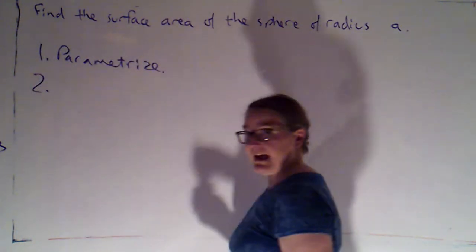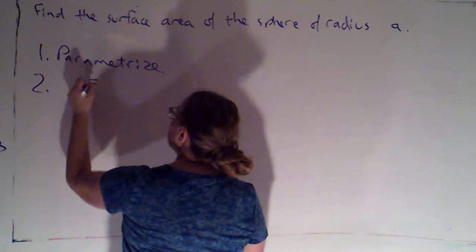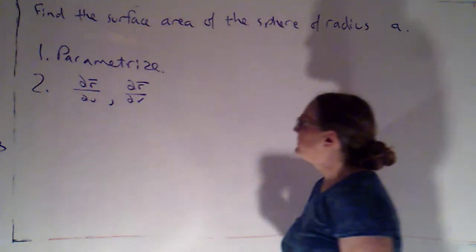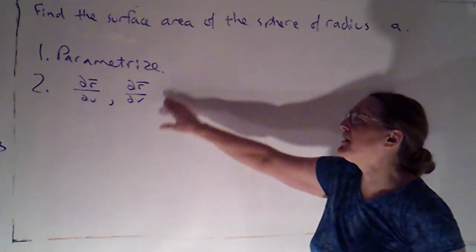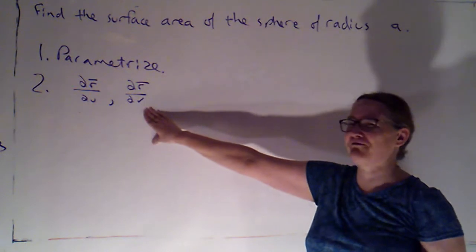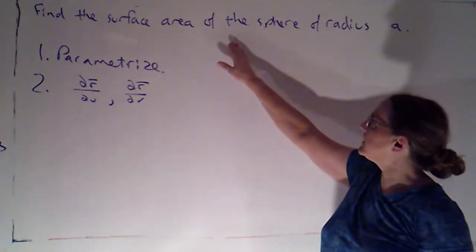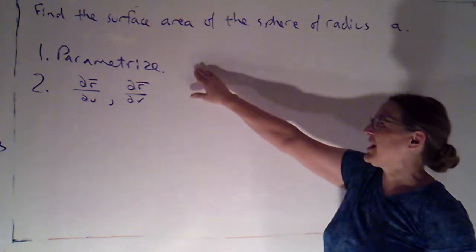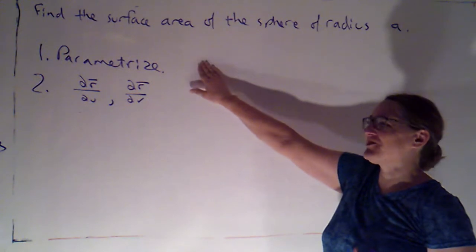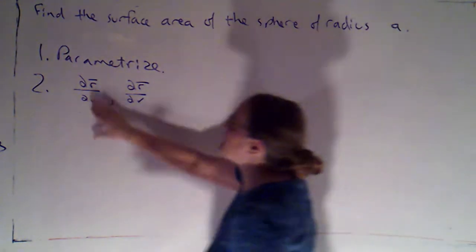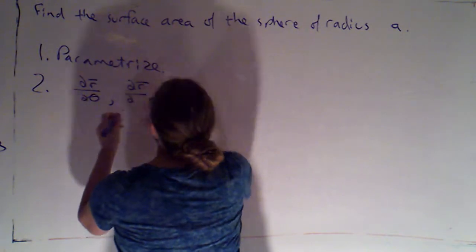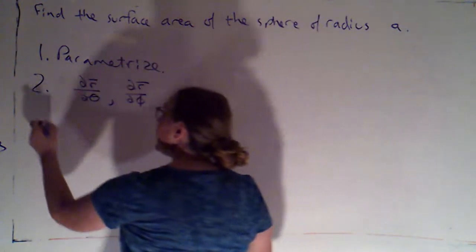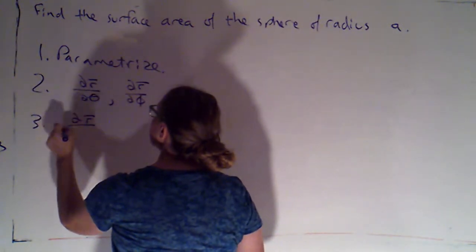Once I've done that, I'm going to need to calculate del r. I'm just going to write del u and del r, del v, although I'm probably going to call my parameters by different names, because remember, the sphere I could view as a constant rho surface in spherical coordinates, so I might choose in step 1 to parameterize using theta and phi. In fact, I guess I've just given that away. So I'll be calculating del r, del theta, and del r, del phi. Okay? Then, once I have those, I'll calculate their cross product.